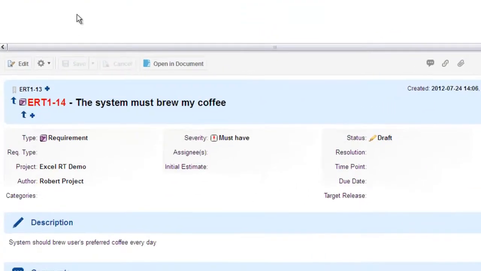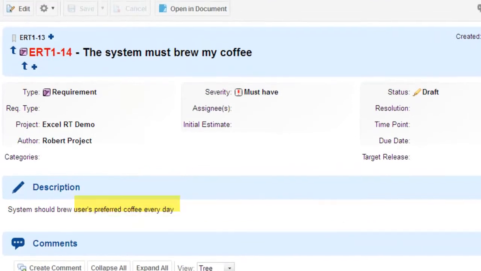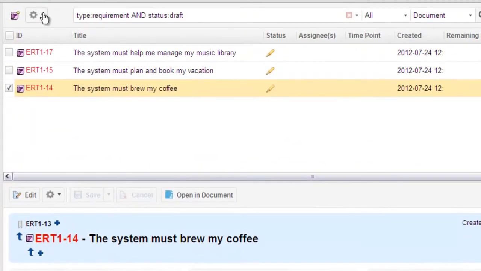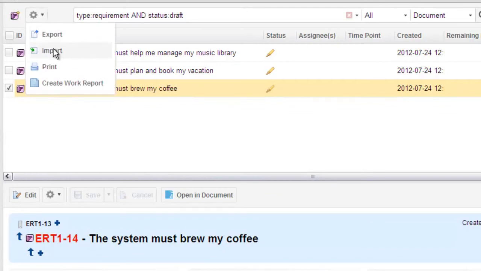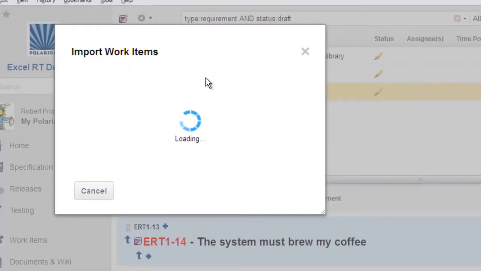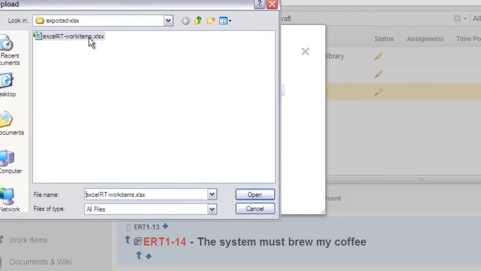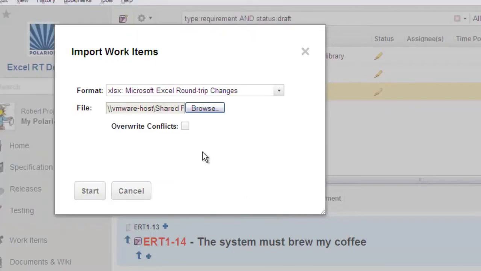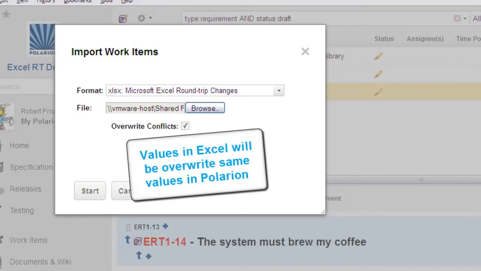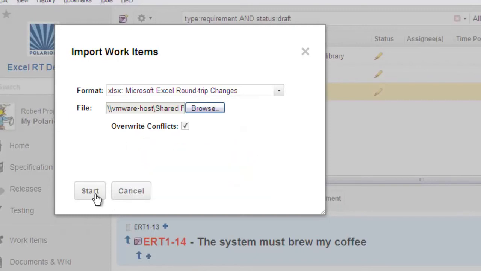Back in our Polarian portal now and looking at the requirements we exported. Let's import our stakeholders' changes by going to Operations. Format is Excel round trip changes. We select the modified Excel file on the local file system. And note this option. If we check it, the changes in the Excel file will overwrite any conflicts that may exist on the portal. For example, if someone has rejected an item and it's approved in the Excel file, then the Excel status will be used. So we start the import process,